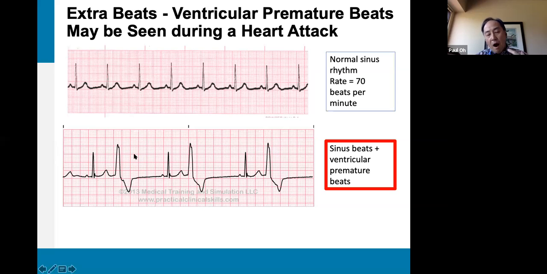So these are often accompanying beats in the setting of a heart attack. We need to watch for them. Sometimes we can offer some medications to try to calm these down, but they are a signal that we need to watch very carefully. And this is why if you end up in hospital in the coronary intensive care unit or on the cardiology ward, they may put an electrical telemetry pack on your chest to watch your heartbeats on a regular basis to assess for these kinds of